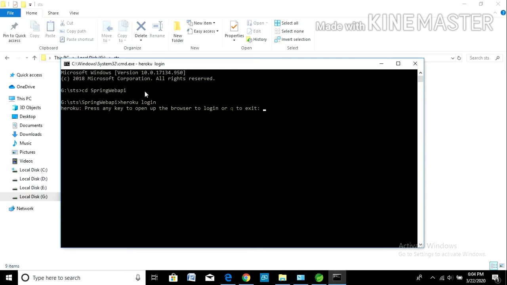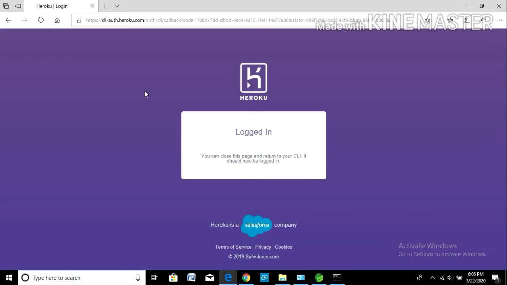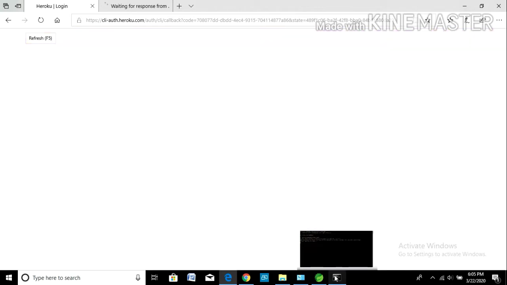Without installing the Heroku CLI, we cannot interact with this command prompt. So first we need to install it, then add the path variable. Now we can interact with Heroku.